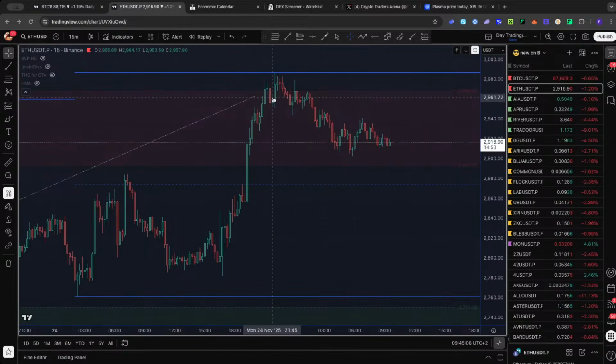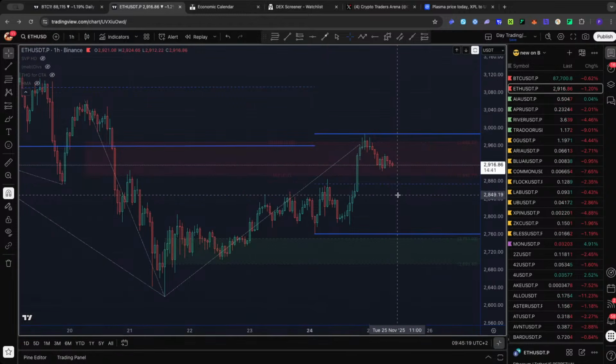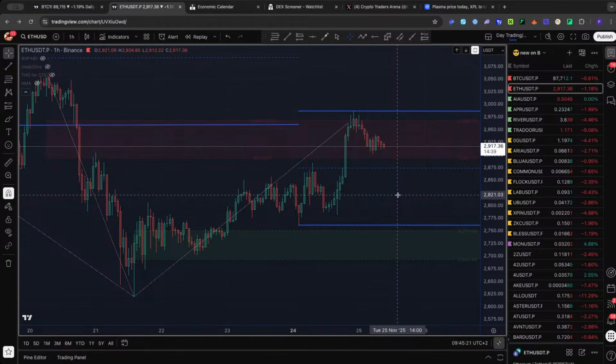Look at it. We had the EM, we had the breakdown, we had kind of a retest, and now it's too late to do anything. We are close to the middle of the range and I don't want to fuck around there. Anyway, I don't like to short on Ethereum. I saw some people say, well, I'll short Ethereum. I don't know about that. It's up to you. It's your money anyway, but I just don't see why I should short Ethereum. If I want to short something, I'll short Bitcoin.